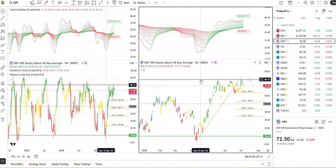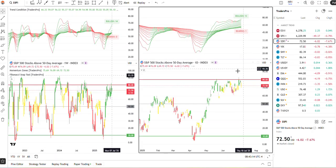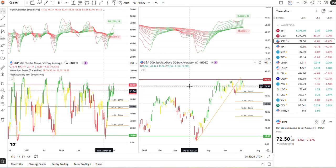The value in looking at this indicator is the extremes, though, and we're not at an extreme, so we certainly could get another push higher, maybe a wave that is pushing this back a little bit stronger, maybe with a little retracement that could push this in this upper range. If not, then we're just not getting the overall participation. We've talked about that a little bit. That could be,